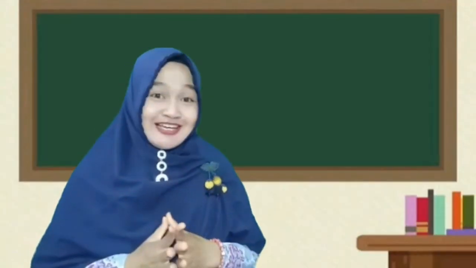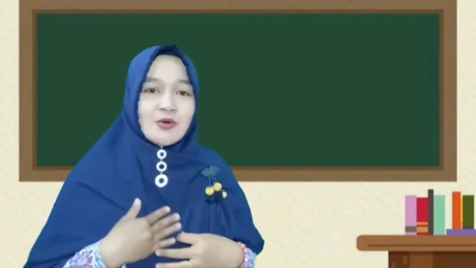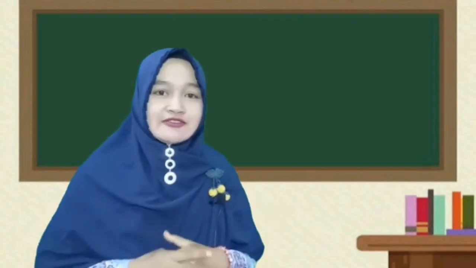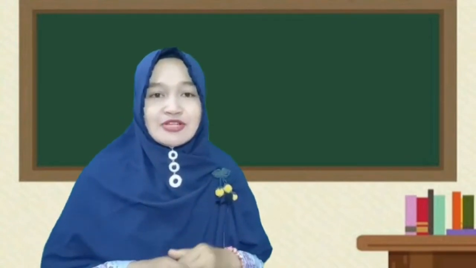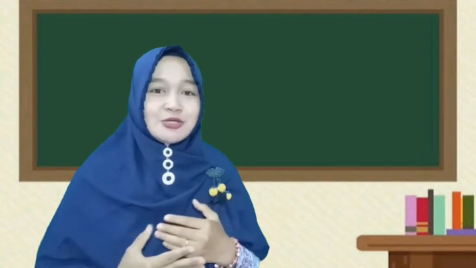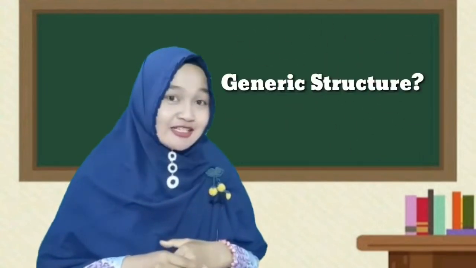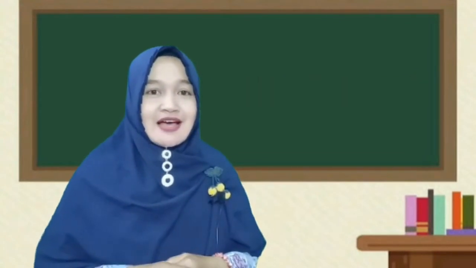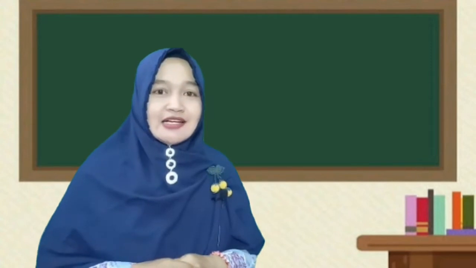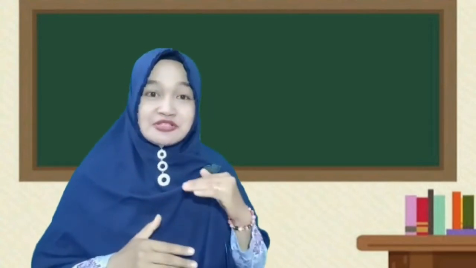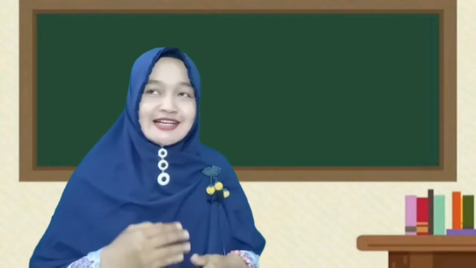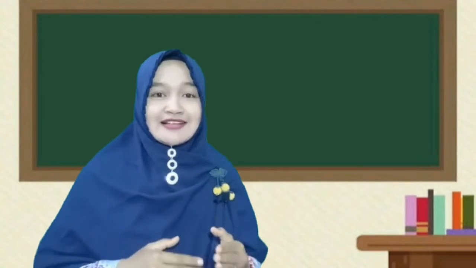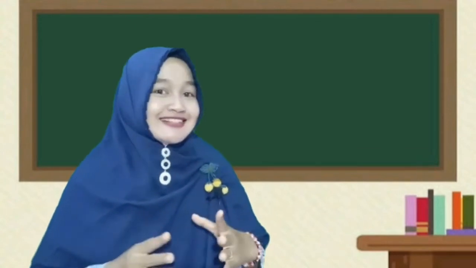And then, kemudian, after you know about what is narrative text and what is the social function of narrative text, sekarang akan kita ketahui lebih lanjut seperti apa generic structure dari narrative text, ya. Jadi susunan bacaan yang ada di dalam narrative text itu seperti apa? Oke, tadi sudah kita lihat di situ ada judulnya. And then kemudian dikenalkan bagaimana si tikus, kemudian bagaimana si lion berada di mana, dia sedang apa.